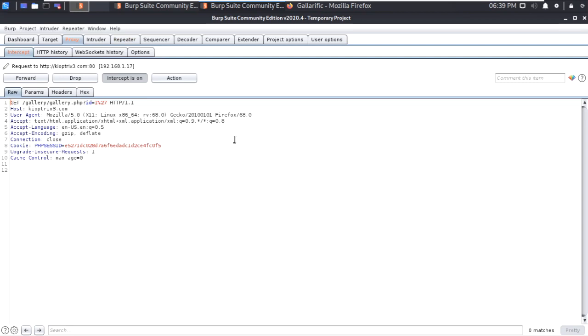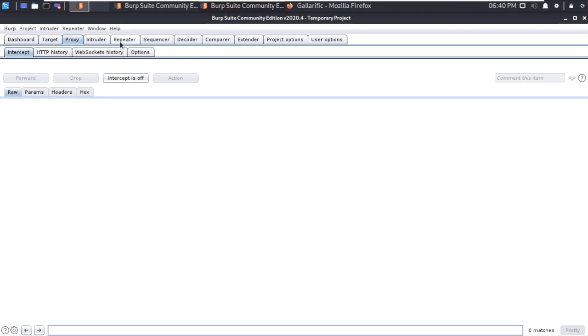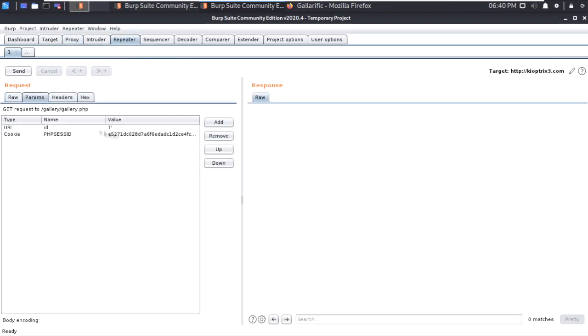Now all of these things have been explained in a detailed way in the first video, so again I'm telling, if you don't know what I'm doing, just head out to the previous video and then come back. So I'm just going to turn the intercept off from here, go to repeater, and we get this value, and from here we can go ahead and run